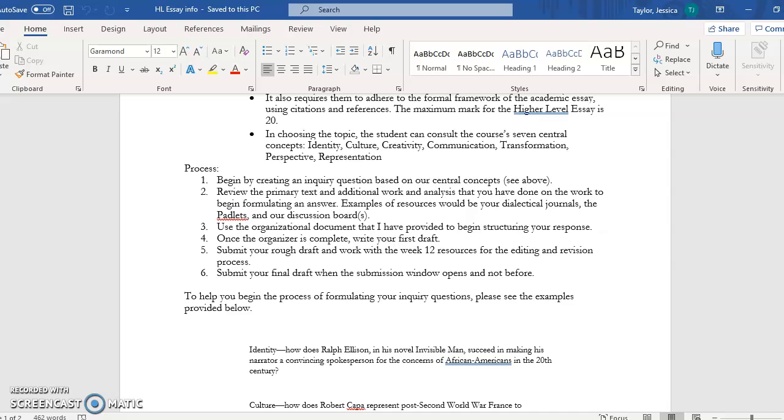The next step will be to use the organizational document that I provided that is posted on It's Learning. I will be collecting an outline for a week's worth of work. This is going to help keep us on track and from waiting to the last minute to do things. So you will need to complete that document and turn it in. Of course, you have options for completing the document. You do not have to type on that specific document. If you want to use a journal or a note paper, just as long as you have those core components that the document asks for, you're golden.